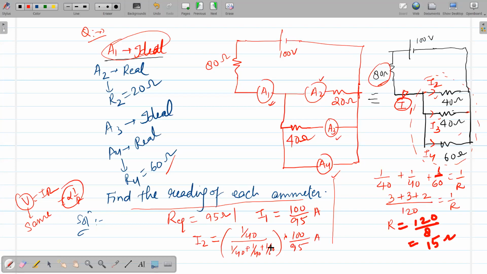Tell me, are you getting what I did here? I just divided the total current, and we have already discussed how to divide it. All other students, tell me, got it? Good. And in the same manner, you can write the values of I3 and I4. So you'll get all the answers. So this is very easy to solve, right everyone? Great.